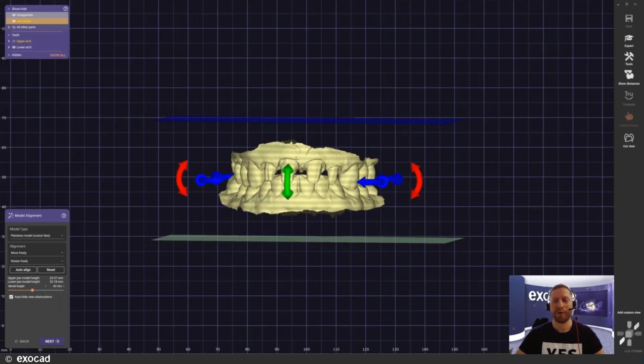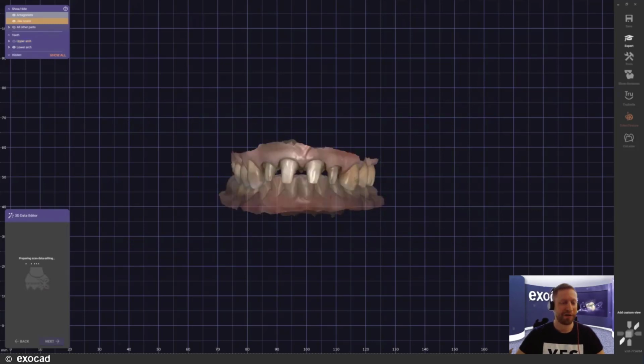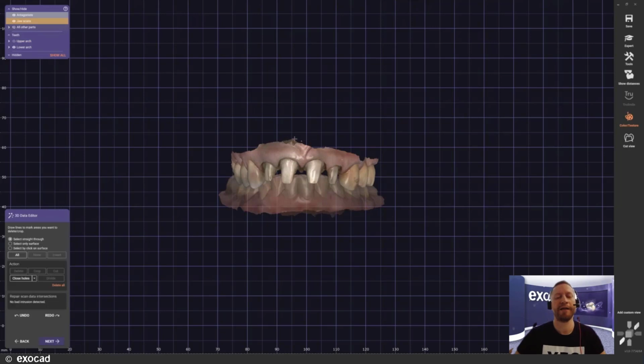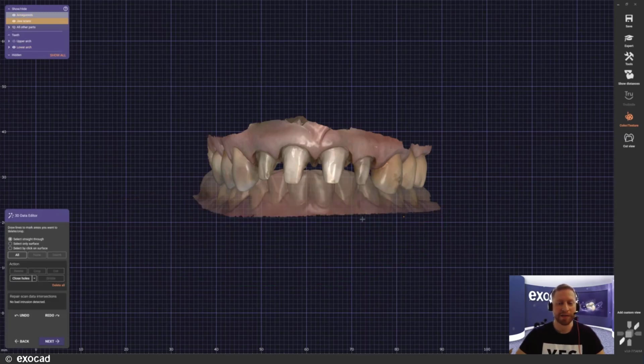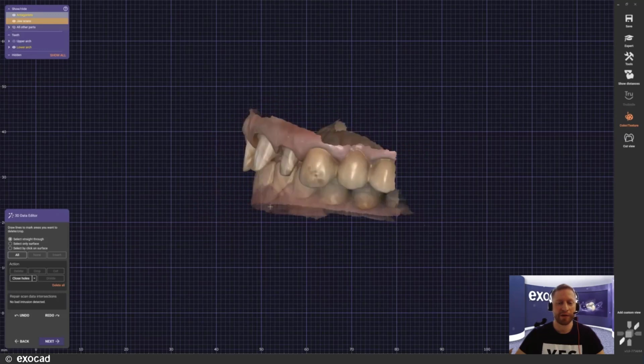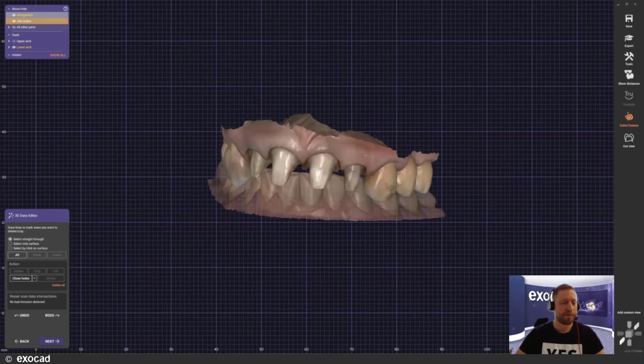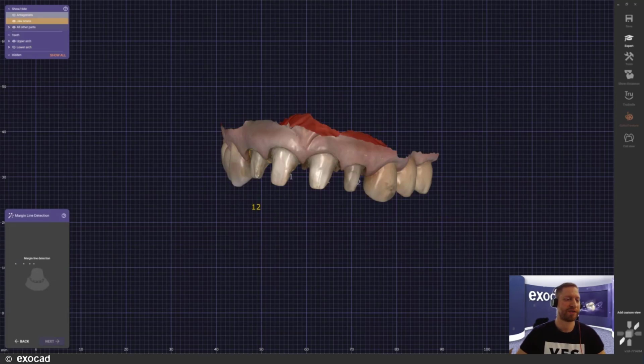And with that, I will just use Control and Tab as a hotkey to jump to the next step. The next step is the 3D data editor. I mean, that's nothing new here. You're pretty much familiar with that. I think just for the demonstration purpose, I will just go and cut this out a little bit here. That's no problem. Finish it with a double click, delete it, and you can see we have a very nice cut here, and we can also save some data. So we just go and skip ahead.